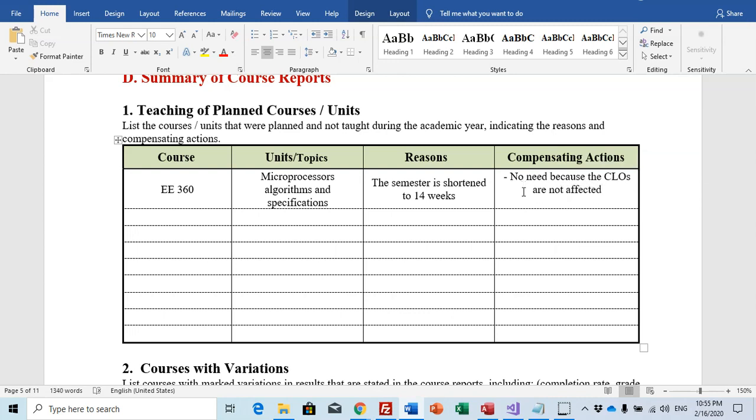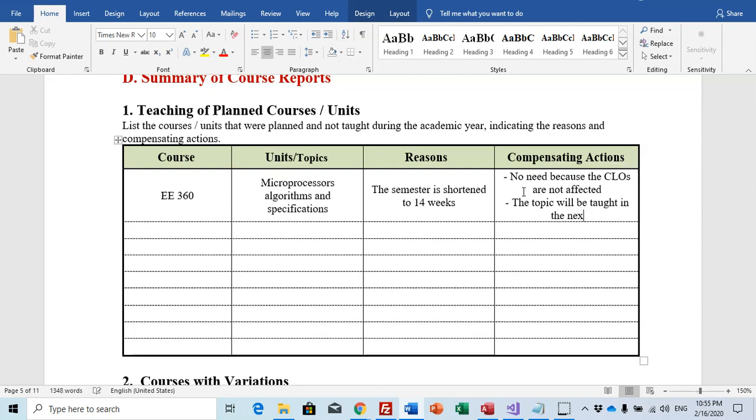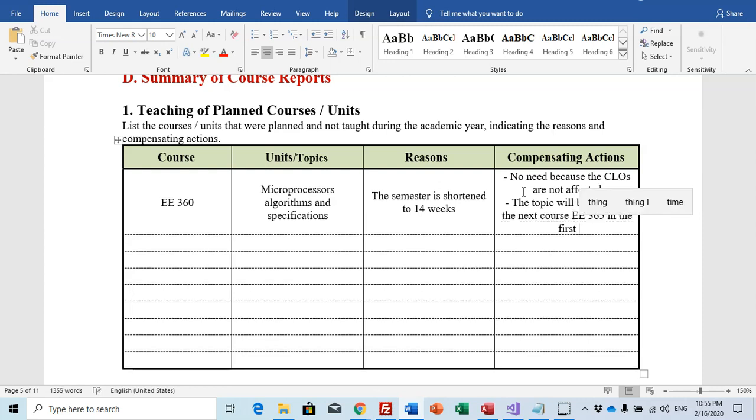Or you can write, for example, the topic will be taught in the next course, 365, in the first 2 weeks.